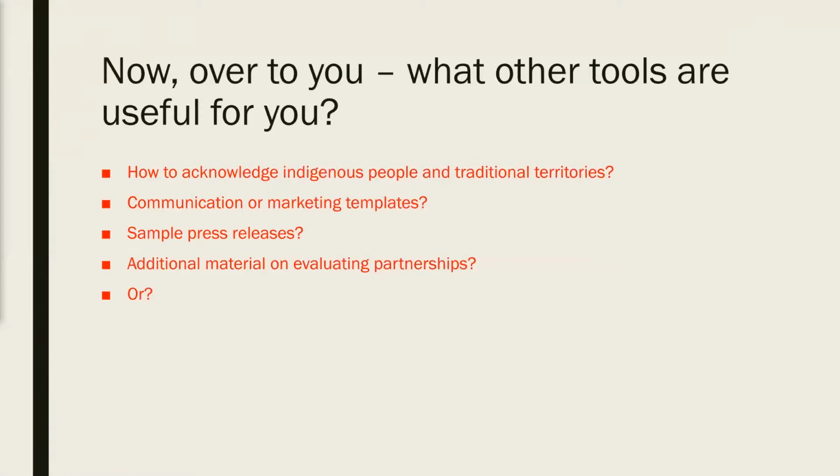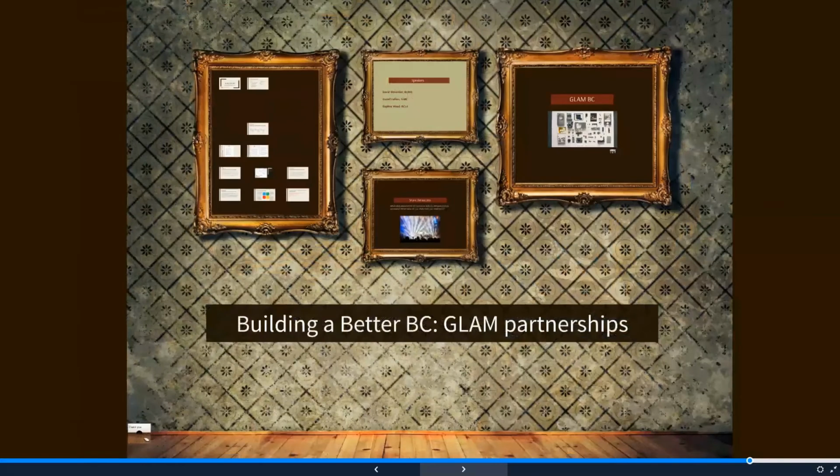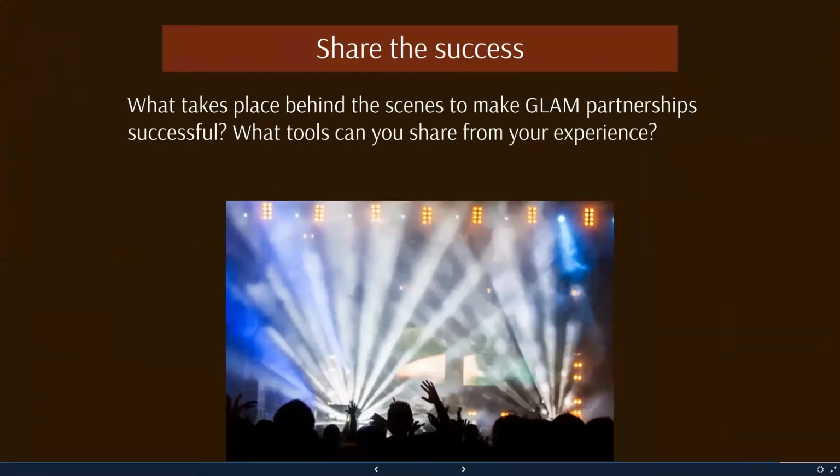We are inviting audience participation at this point. So for this toolkit to be successful, and that means to be inclusive, to engage the expertise of all of our respective members across the province, we really would love to hear from you. What tools you might have that you would recommend that are helpful in your work, what tools you can share from your experience, and any other content that you think would be valuable, because what we are going to do,